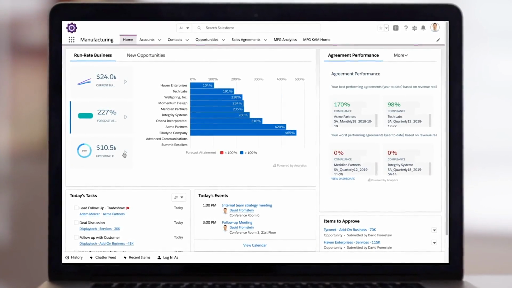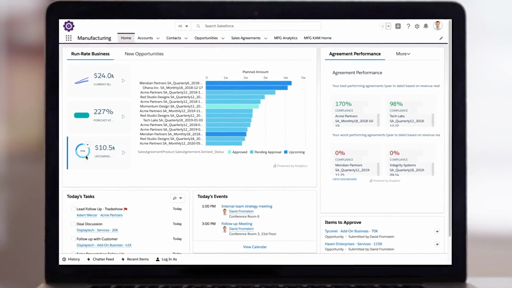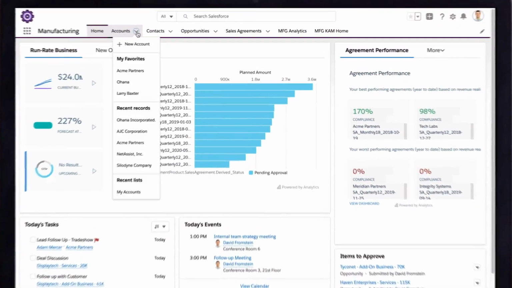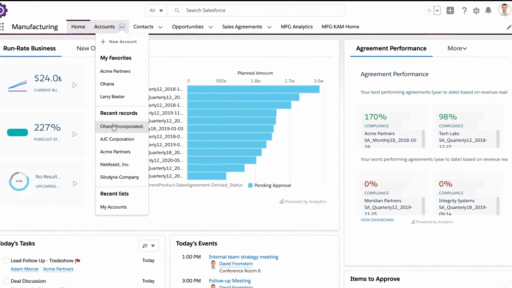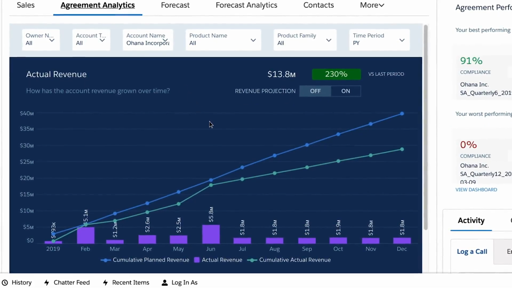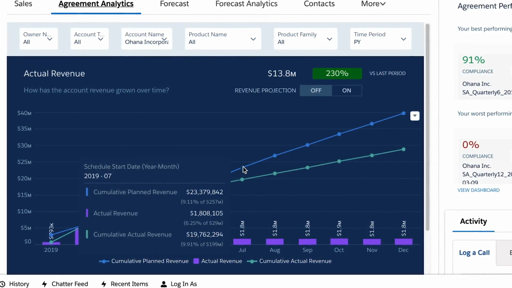Salesforce Manufacturing Cloud helps companies manage their customer relationships using the world's leading digital platform. The new sales agreement object gives account managers a consolidated view of their customers' ongoing agreements and how they're performing